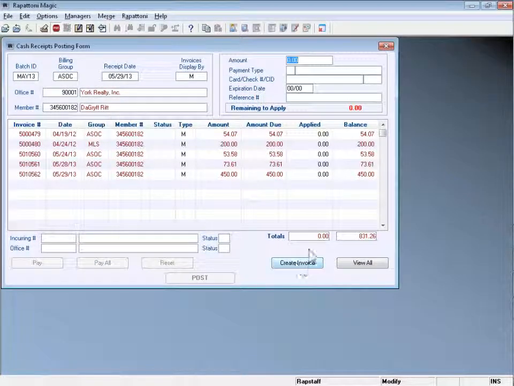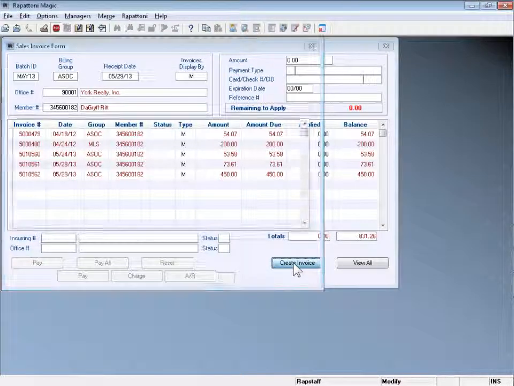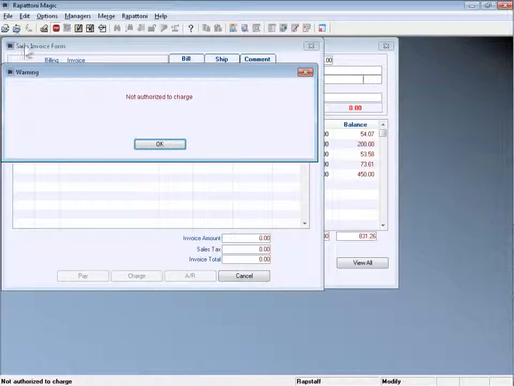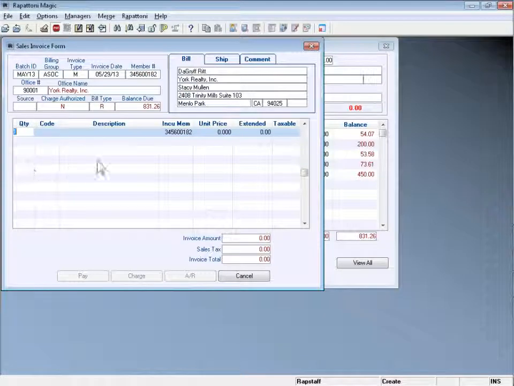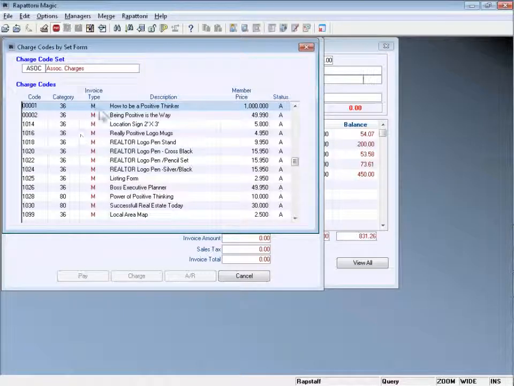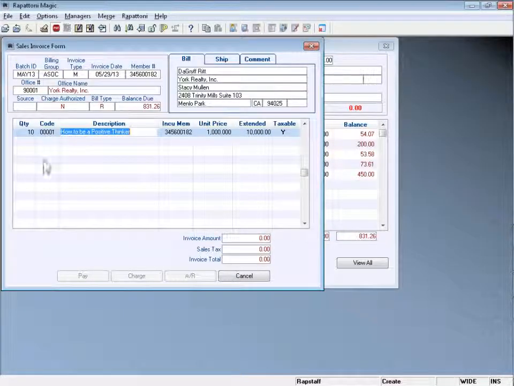Now from there you have to create that invoice. You're going to go down to the create invoice button at the bottom and go automatically into the sales invoice form. If you have them marked as not able to charge, they don't authorize them to charge because you don't want to have to hunt them down for the money, you will get that warning message. In this case, the Griff is going to go ahead and pay for it right now. So he's going to get 10 of our How to Be a Positive Thinker,